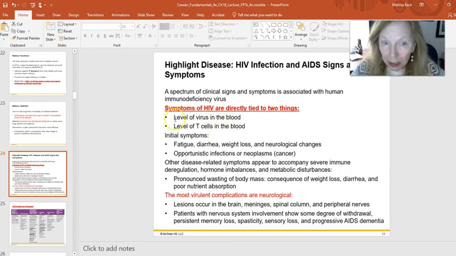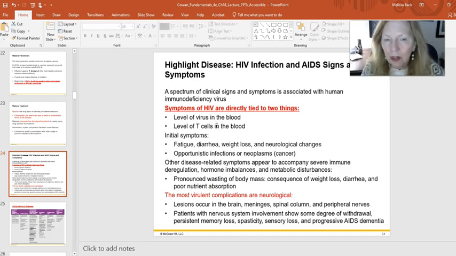What we would like to see, the people that are doing the best that are HIV positive, have very low, sometimes even undetectable viral loads in their bloodstream, and they're continuing to keep their T lymphocyte counts up. So those are the people that are doing the best. But people who end up becoming ill and symptomatic of having HIV positive status go into AIDS-related complex, ARC, which can then lead to AIDS, full-blown AIDS.